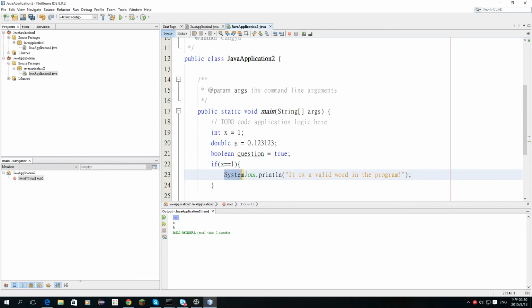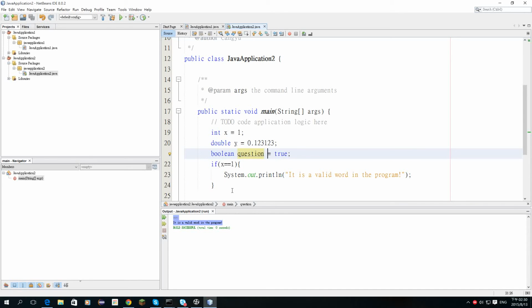Normally it will show it's a valid word in the program. Let's do this. It's a valid word in the program. Yes. But how do we handle the double cases, like x equals 1